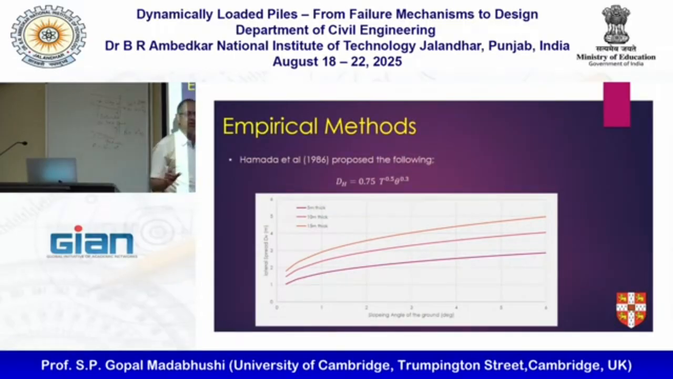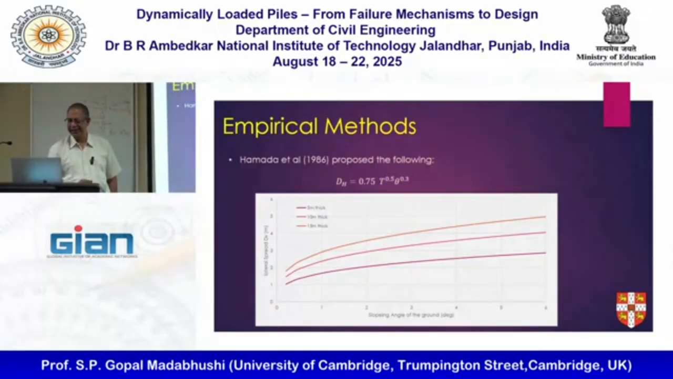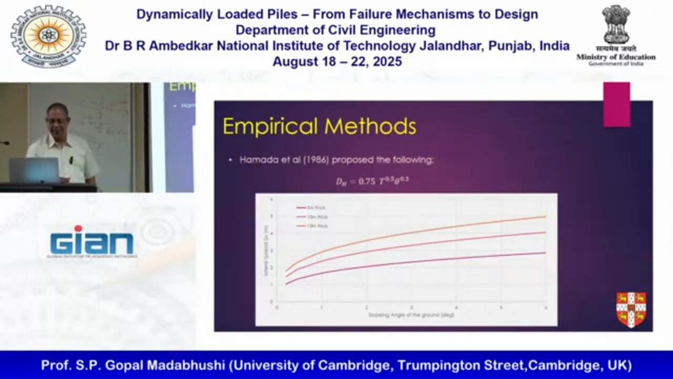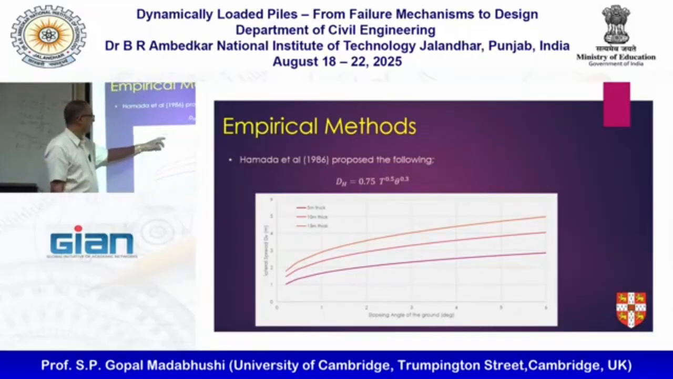0.75. This is empirical, so it's just trying to fit some field data and get this equation: t to the power of half and theta to the power of 0.3. Theta is the slope angle in degrees, and t, I believe, is the thickness of the liquefiable layer. Okay, and all I did here is to plot slope angle versus lateral spreading for different thicknesses. So clearly the thicker